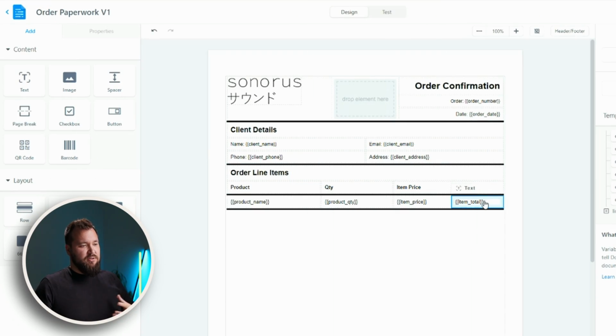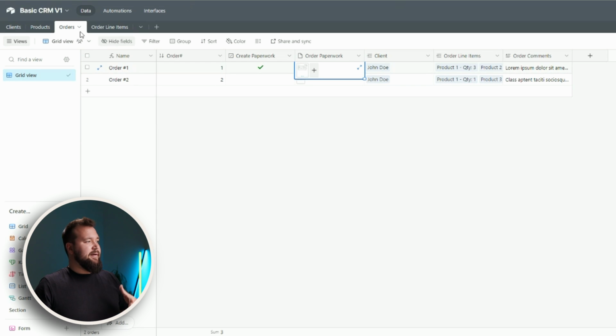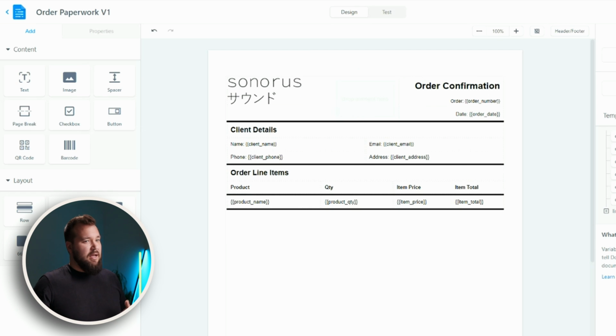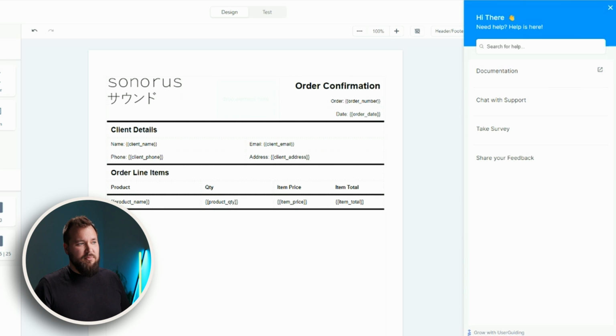All right, final stretch, final couple of modules that we are missing. We're missing total price, and we're missing order notes. Super straightforward. Now I'm going to show you a little trick, and this bears witness to the power of Documint. So Documint can actually perform functions for you. In other words, you don't have to deal with some of the functions that you can use in Make, or you don't have to, in order to sum up things and create new fields. You can do a lot of these operations within Documint. And all you really have to do is just jump into their help center. Let me just see, documentation, there we go,